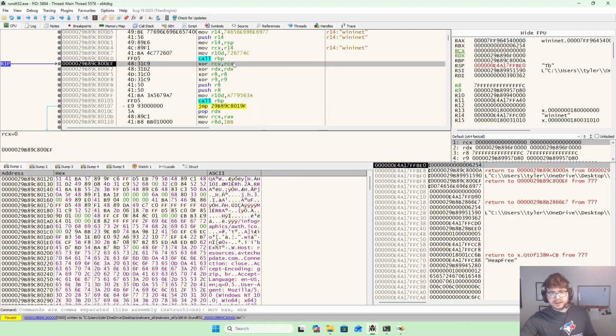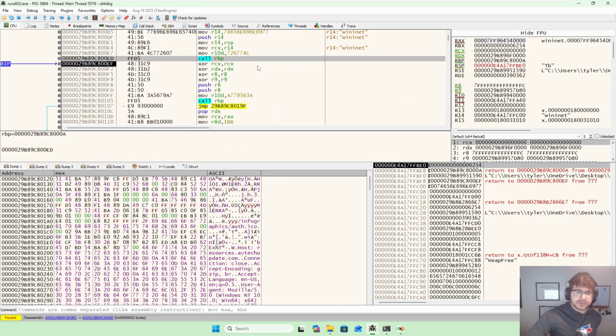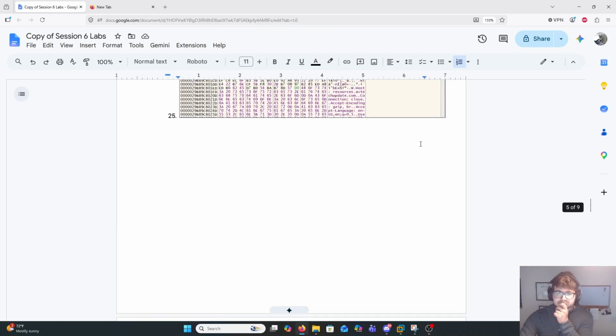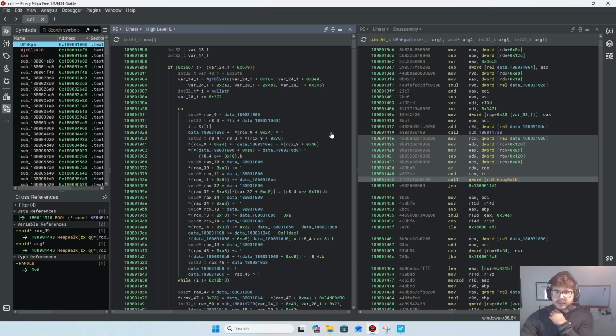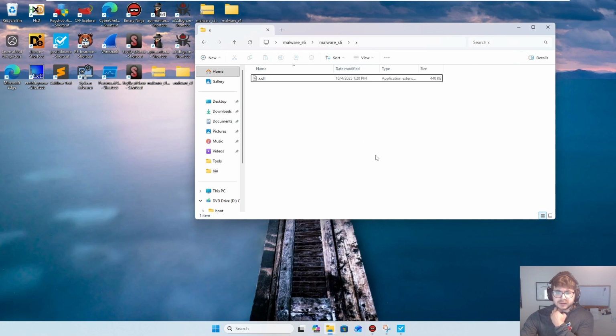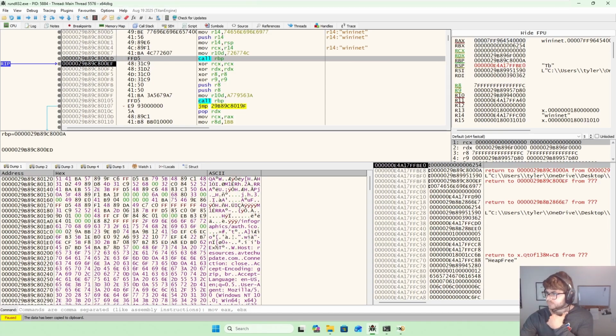Now that we're where my x64dbg is actually at, we landed here, and we did see the call here, this call RBP, which is what actually did that LoadLibrary of WinINet. And so it looks like it is resolving WinINet at runtime. We can confirm that. And then we were asked to